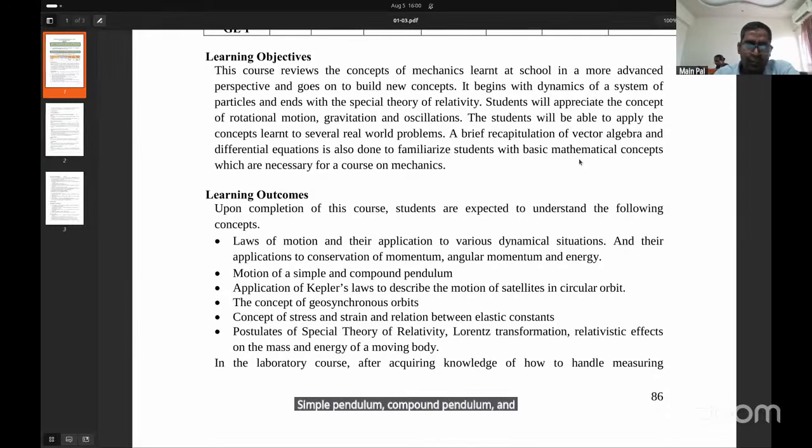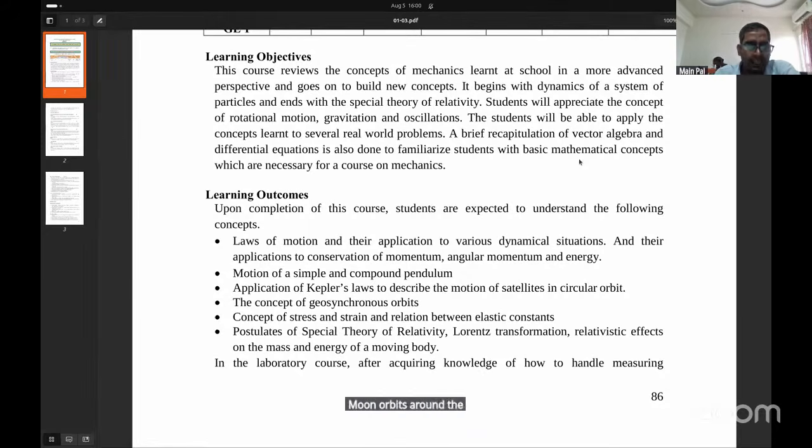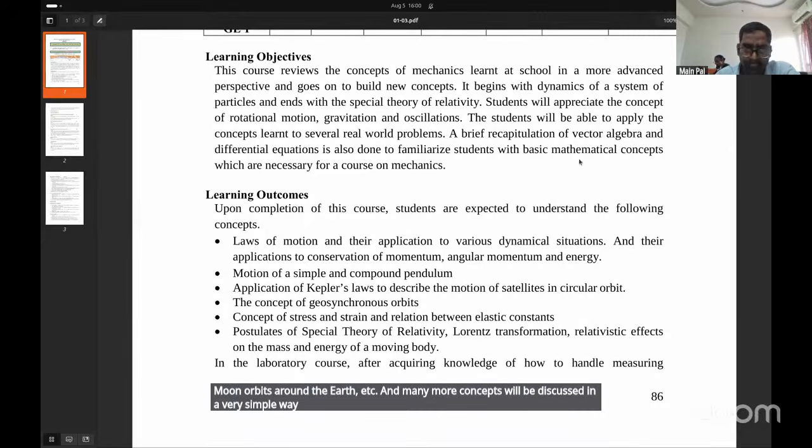We will also learn Kepler's law through the motion of satellites, like the moon orbiting around the Earth. And many more concepts will be discussed in a very simple way through practicals,